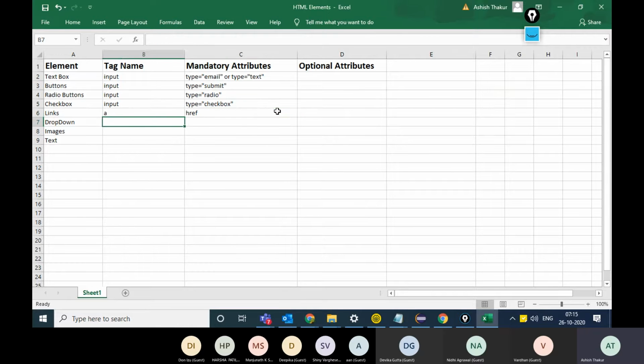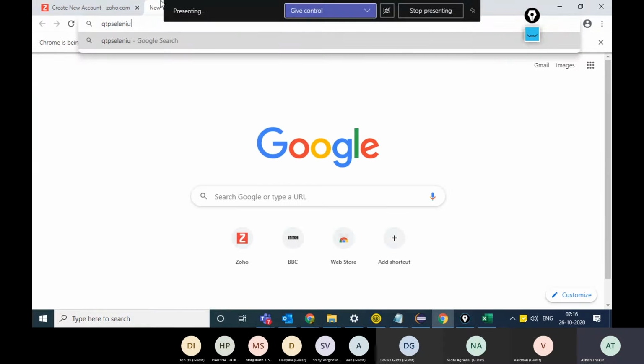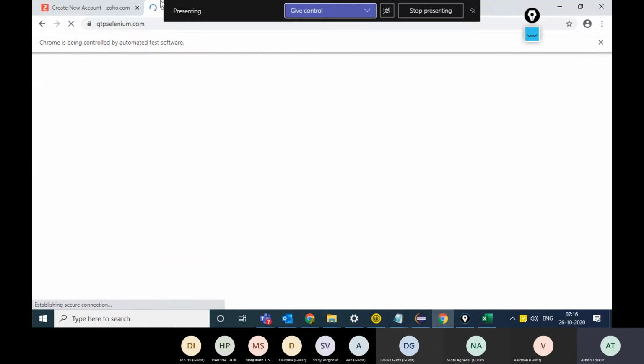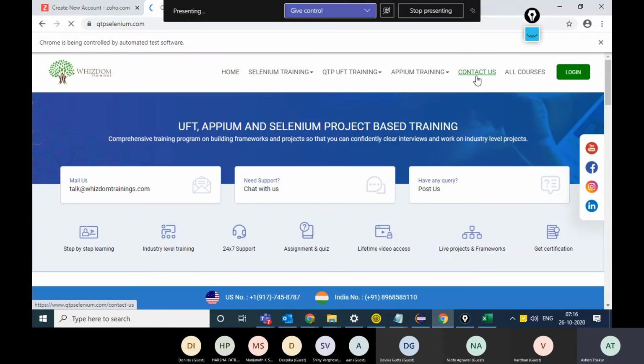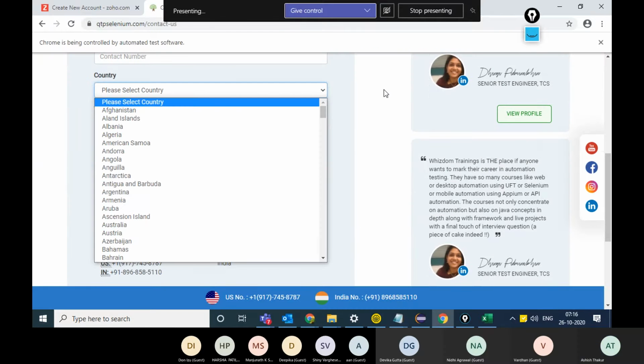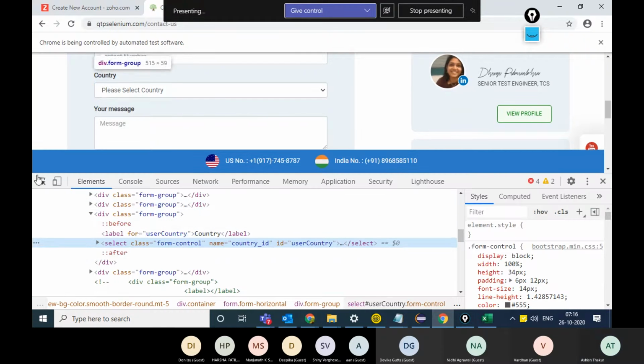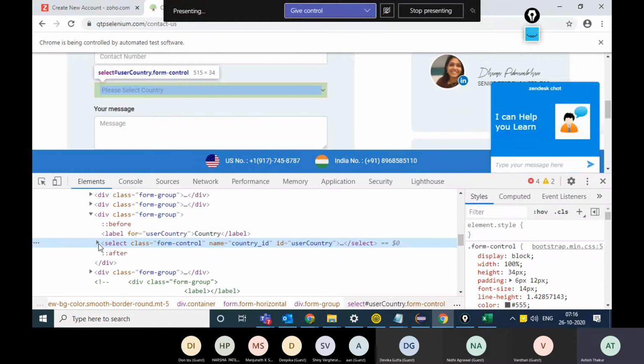In case of a drop down, for example, if you go to our website qtpselenium.com and click on contact us, you will see this country drop down. If you right click on it and inspect it, a drop down will always have the tag name select.